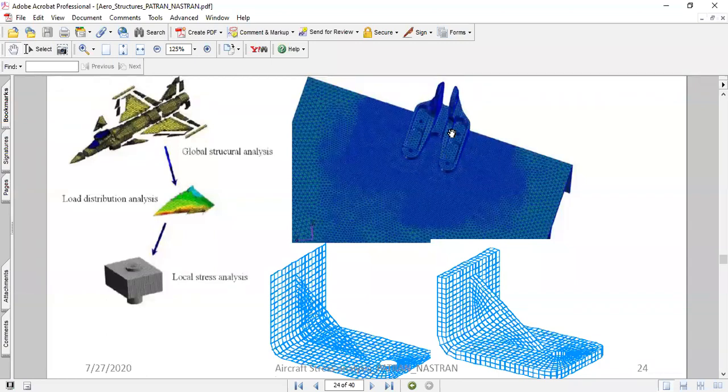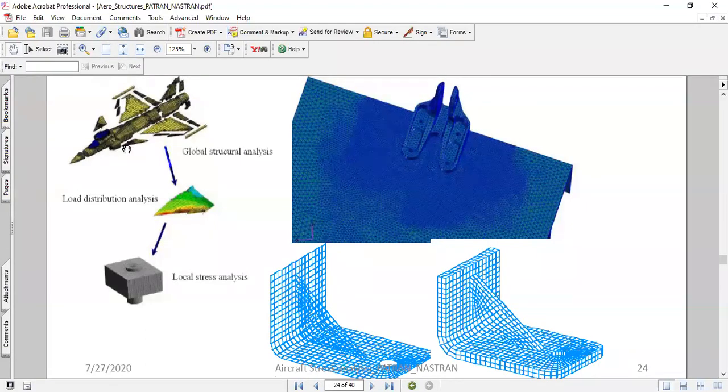If my interest was not the lug but the structure, I wouldn't have modeled the lug with 3D elements. I would have modeled the lug as just 2D elements and run an analysis. I would have extracted the bolt loads and done some calculations, since I would be interested in the stresses developed on the structure. But this detailed modeling is not a global finite element model or a bigger model.